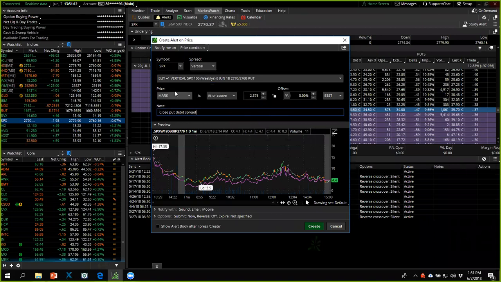Okay. Now you come in here, we've modeled the vertical, but what are we doing? We want to know when the mark price is at or below $1.60. That's when we want the alert to go off. Okay, and that should be all we have to do. I don't know why my note didn't stay in there. Maybe it will this time. Okay, and I think that's it. If I hit create,